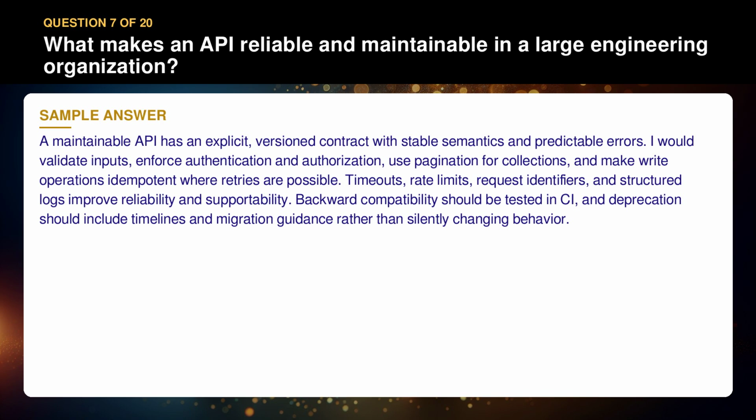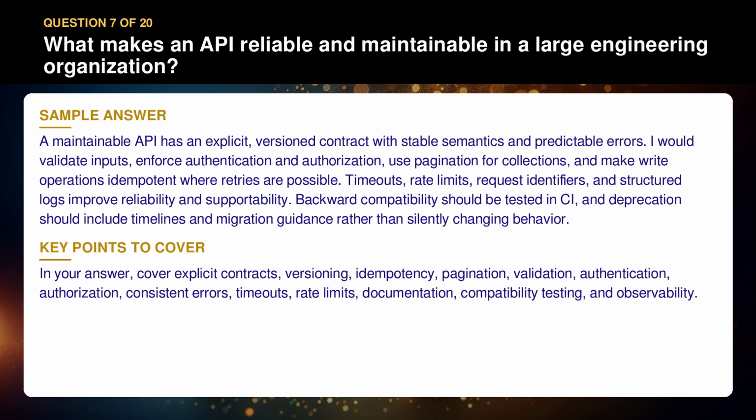Timeouts, rate limits, request identifiers, and structured logs improve reliability and supportability. Backward compatibility should be tested in CI, and deprecation should include timelines and migration guidance rather than silently changing behavior. In your answer, cover explicit contracts, versioning, idempotency, pagination, validation, authentication, authorization, consistent errors, timeouts, rate limits, documentation, compatibility testing,